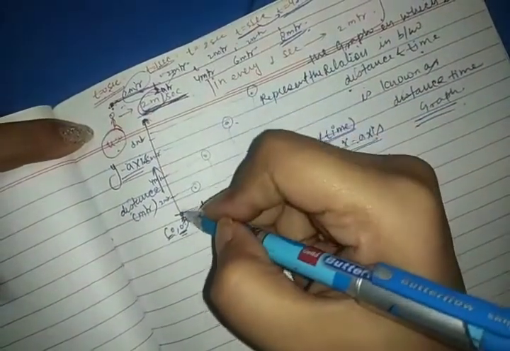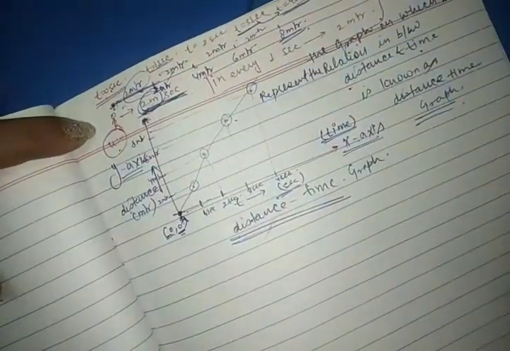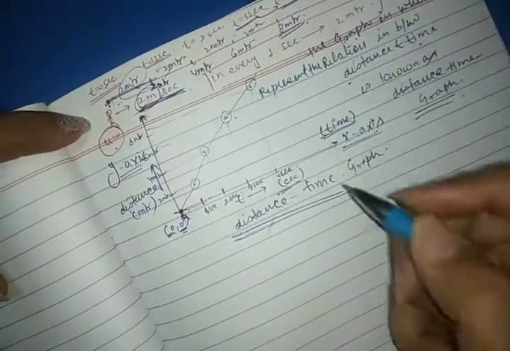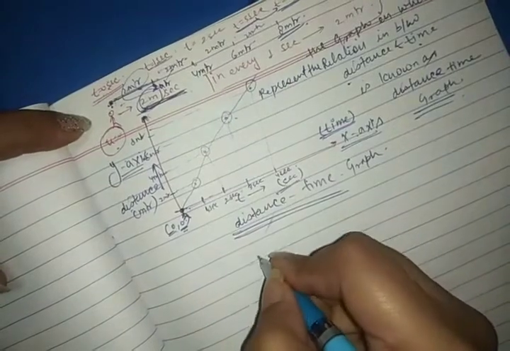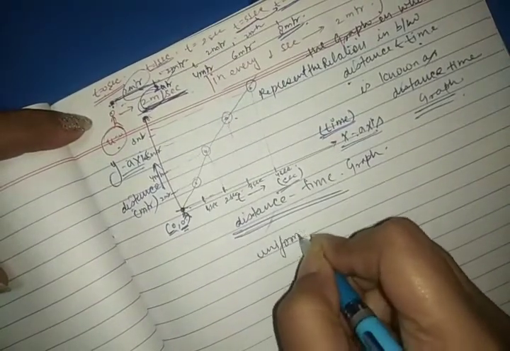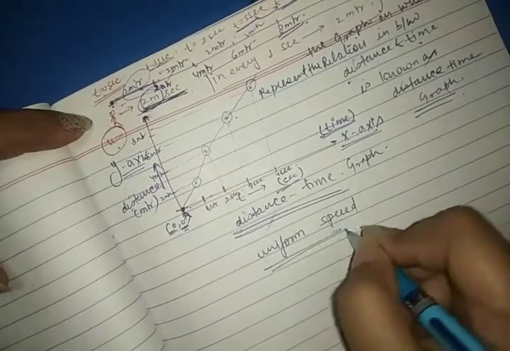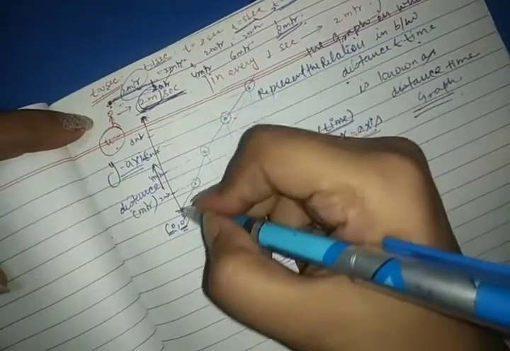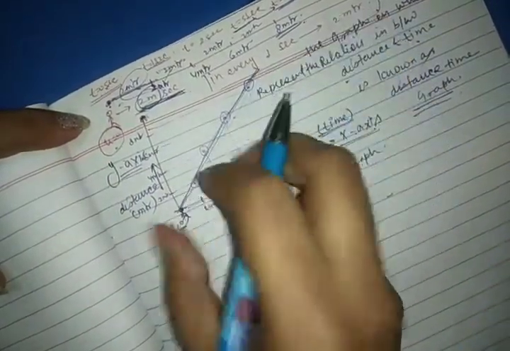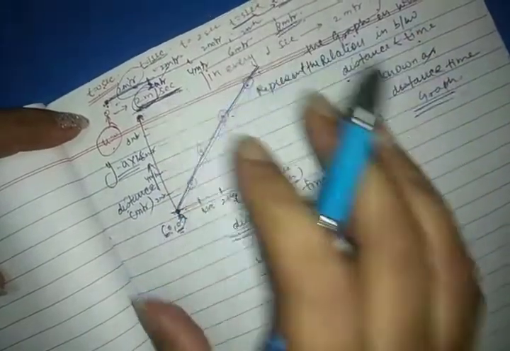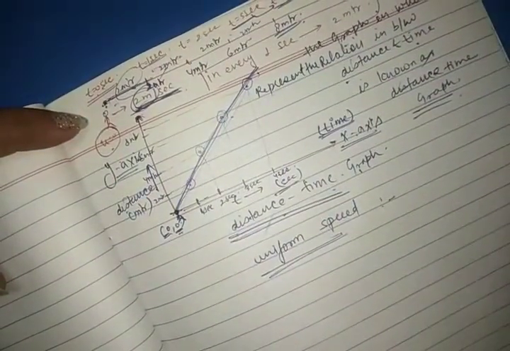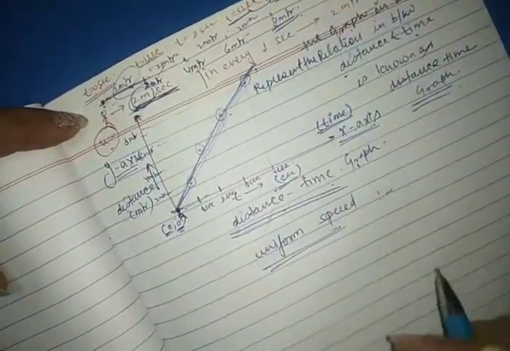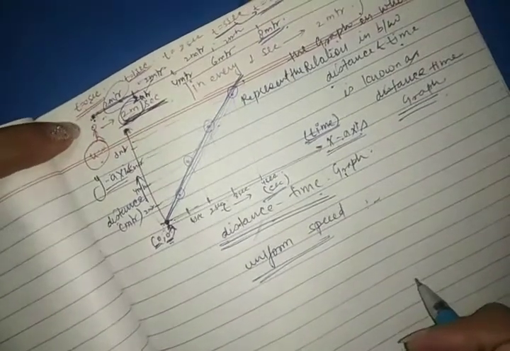Now joining all these points using a straight line, while joining all these points we will get a straight line here, right? What does that mean? If the speed is uniform, then the graph between distance and time is always a straight line, right? This is a rough graph, that's why this is not a perfect straight line. But if we use a proper graph and properly draw all the seconds and the distance, then you will get a proper straight line, right? So this is the distance time graph for a uniform speed.